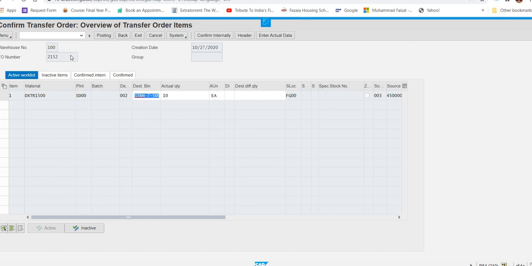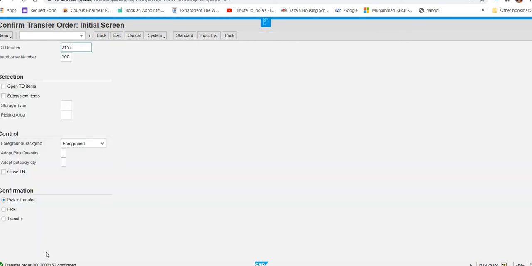Now you can see this screen, you will find out, and when you press save, nothing left. Here posting will represent the save. You will receive a message, transfer order is confirmed. So that is the end of case number.